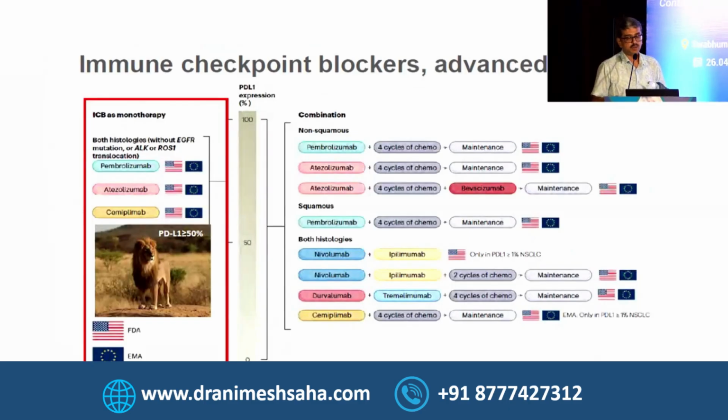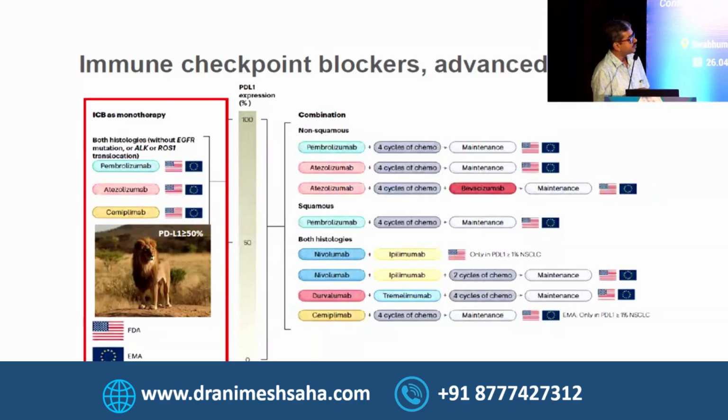As a monotherapy, we have pembro, atezo, and cemiplimab. These are all approved indications for those without EGFR, ALK, ROS1, and with PD-L1 more than 50%; the monotherapy is approved. Whereas in the combinations, non-squamous and squamous histology, particularly the non-squamous, the pembro chemo is